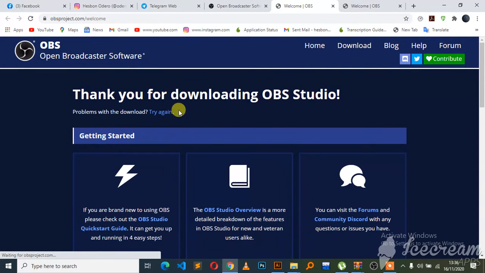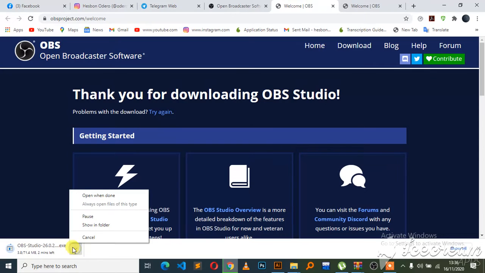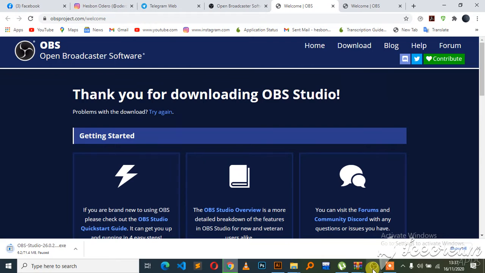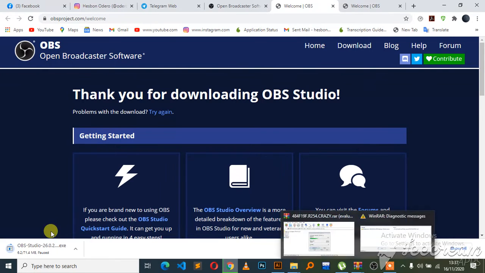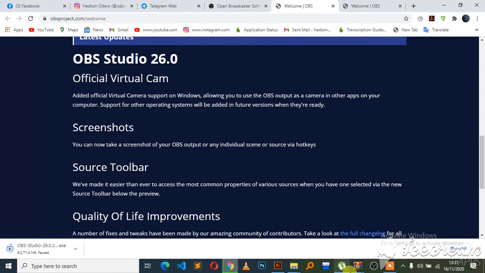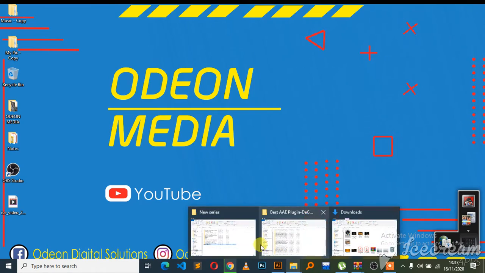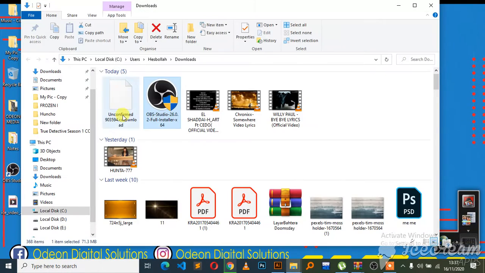If you select Windows, the software will automatically start downloading, but I don't have to download it because I already have the software on my machine, so I will stop it from there. Once you have downloaded the software, go to where your file has been downloaded. As you can see here, mine is here. Just select